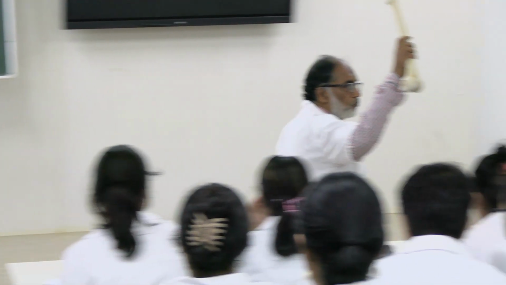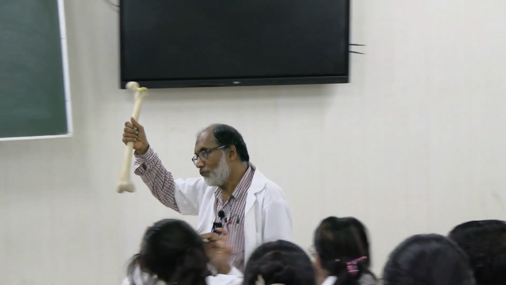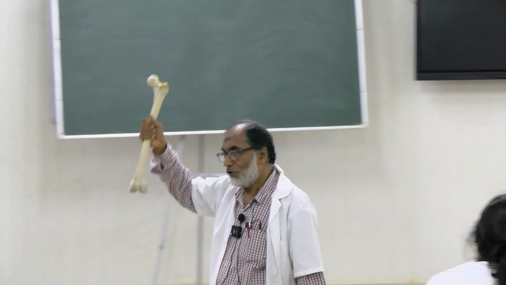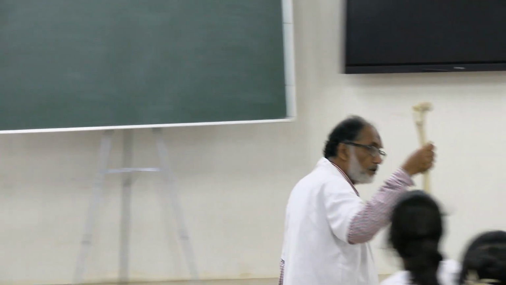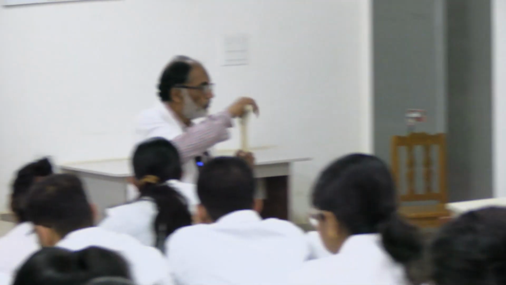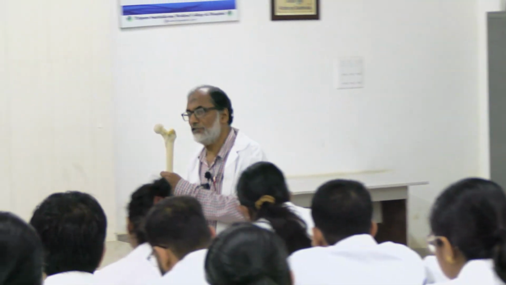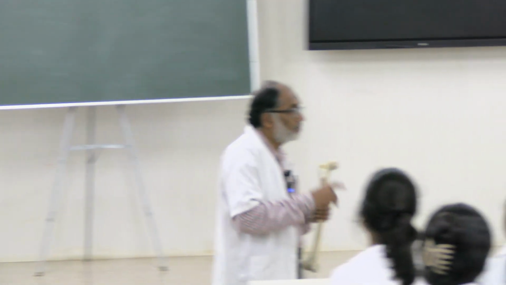Do you know the name of this bone? Femur. It is a long bone. What is the criteria of a long bone? It has two ends and one intervening shaft: upper end, lower end, intervening shaft. It is one of the characters. Another, long bones